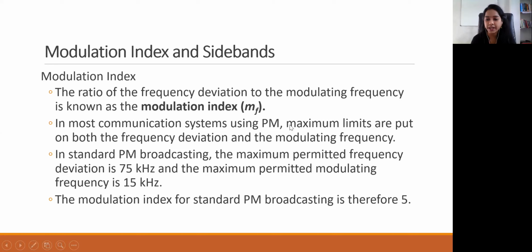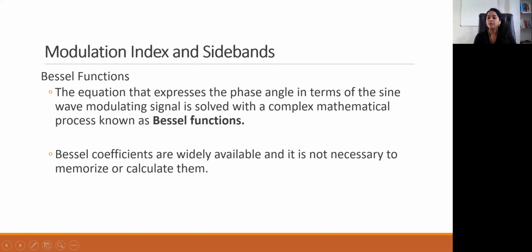So here if we say modulation index, what we have seen in our last lecture also, in frequency modulation also, is that if the bandwidth is increased, it denotes what? In frequency modulation, the bandwidth is very large. Why is the bandwidth very large? Because with each incoming amplitude, we are changing the frequency of the carrier. So we will have a number of sidebands. That's why the bandwidth of this modulation technique increases drastically.